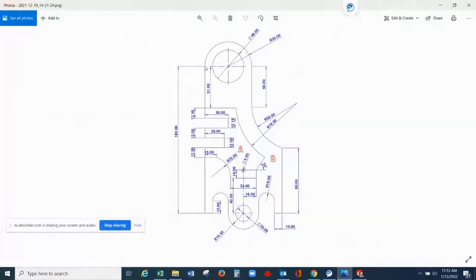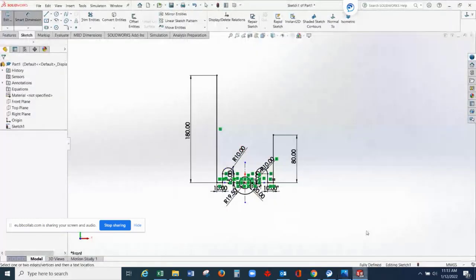From the top, okay? There is an arc having a radius of 30. In determining the radius of a given arc, look for an arrowhead. We have an arrowhead here pointing on this arc. It means the dimensions of the arc are indicated by this arrowhead and this dimension. So R30. We need to create one arc having this. Or if you want, you can create a center line here, and from here to here is 30 millimeters. So let's create a center line.